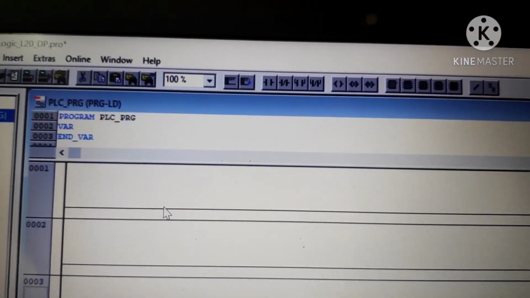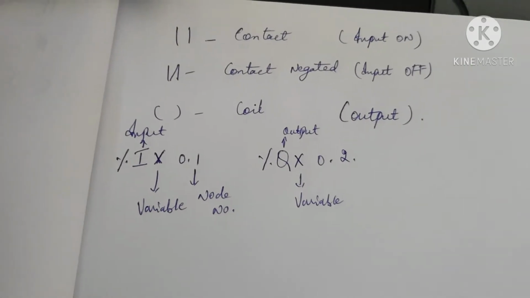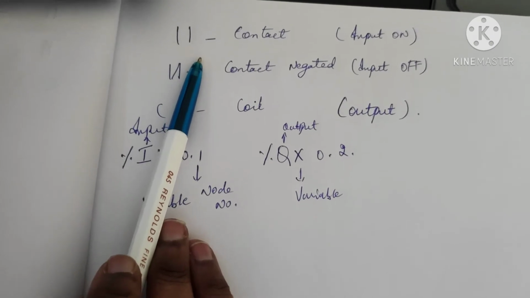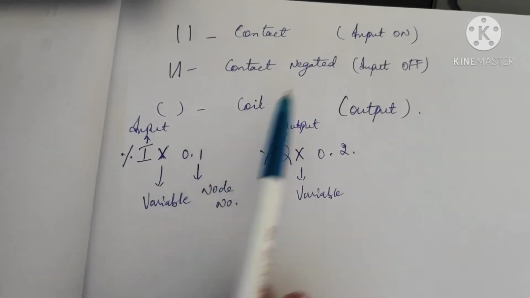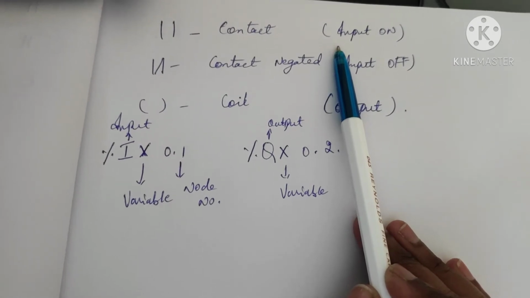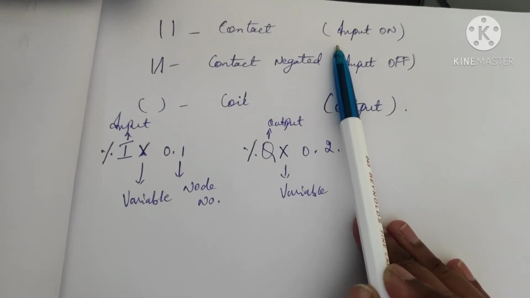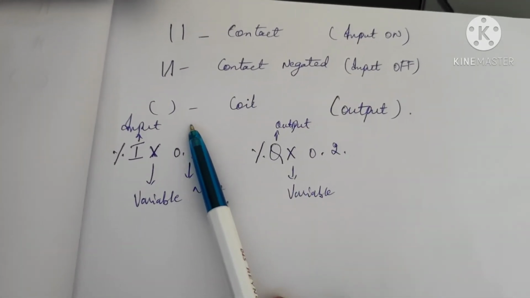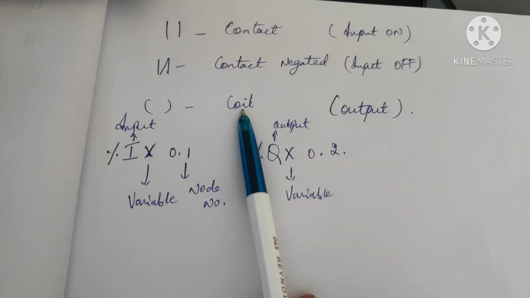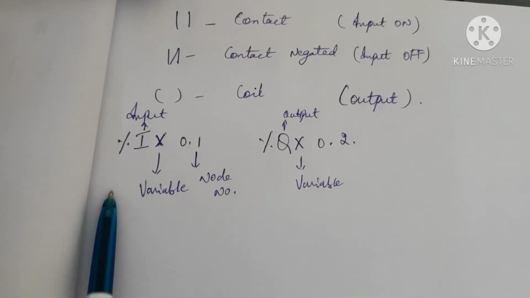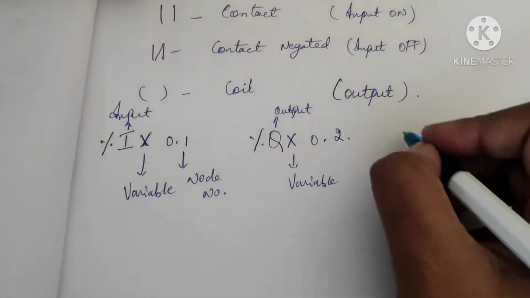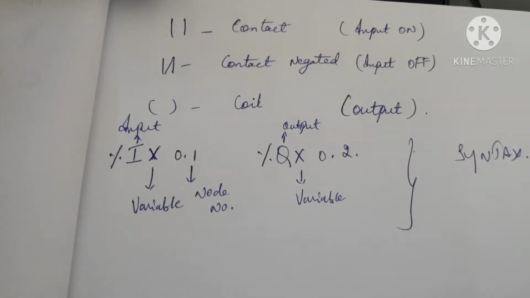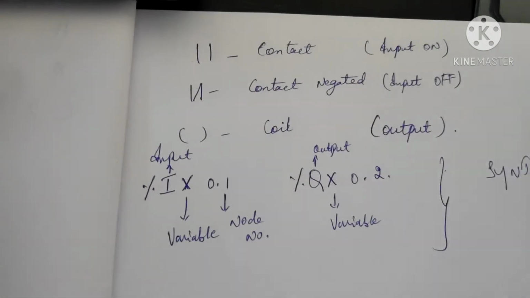Now before we go to the programming, let's know some basics. Now this is contact, negated, coil. Contact is used for switching on. You need to give input to switch on the light. You need to give some input, contact negated, to switch off the light. You want to get the light, you can see in the output in the form of a coil. Now this down you are seeing is syntax. What do you mean by syntax? Address form. Okay. Now in C programming, what do?